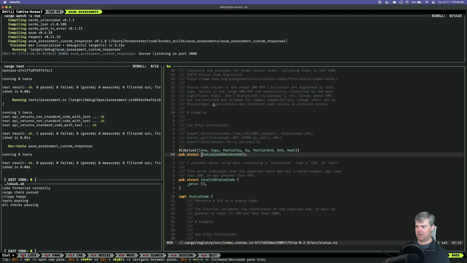You can see here status code as a struct is implemented right here, and then there's another struct right next to it. So it's not its own file, and that's probably perfectly fine. These two are related to each other, and the impl block for status code is after the implementation of invalid status code. It's interesting.